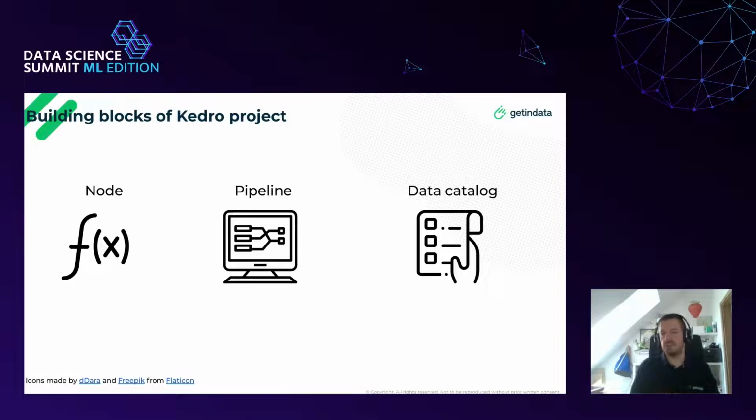So, the main building blocks of a Kedro project: node, a function; pipeline, a set of functions with their dependencies; and the data catalog, an abstraction on where the data reside and how they should be loaded. If you can transform your ML project into something that uses these three abstractions, and I strongly believe you can,